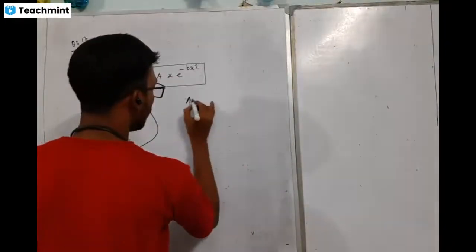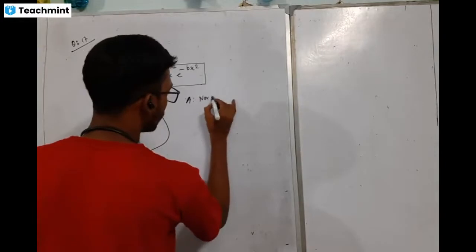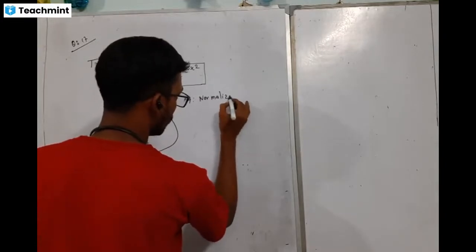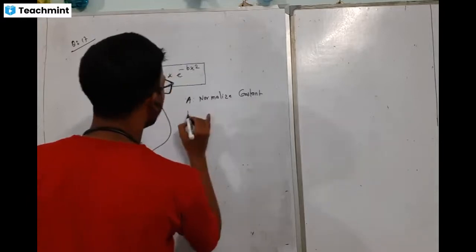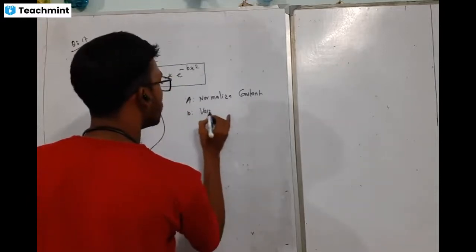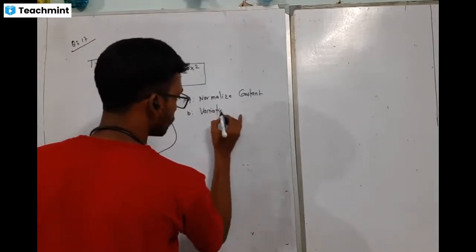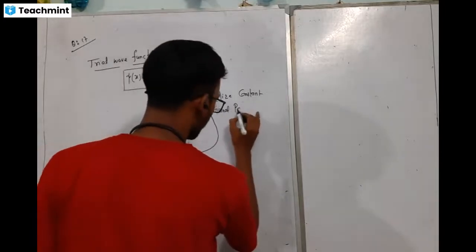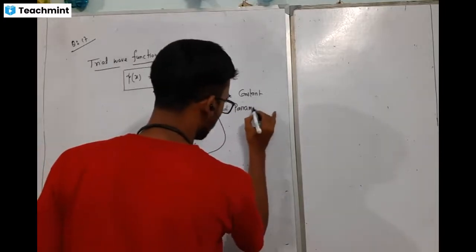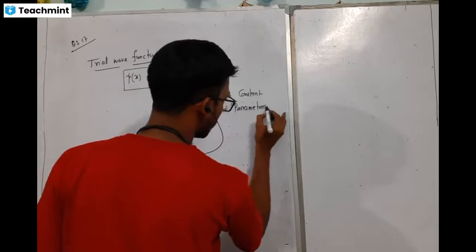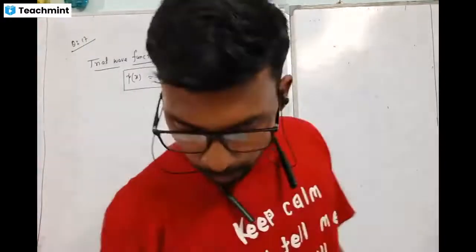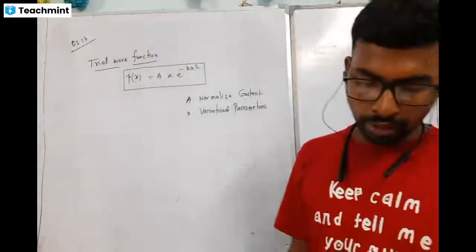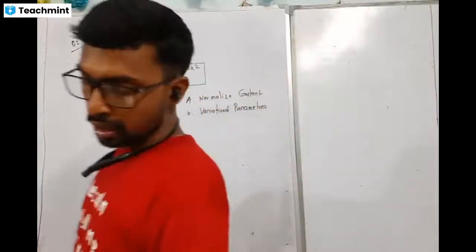यहाँ पे A क्या है? normalized constant है. b क्या है? variational parameter है. आपको 1D हार्मोनिक ऑसिलेटर के लिए एनर्जी फाइंड करना है, ग्राउंड स्टेट एनर्जी. सो फर्स्ट ऑफ ऑल,